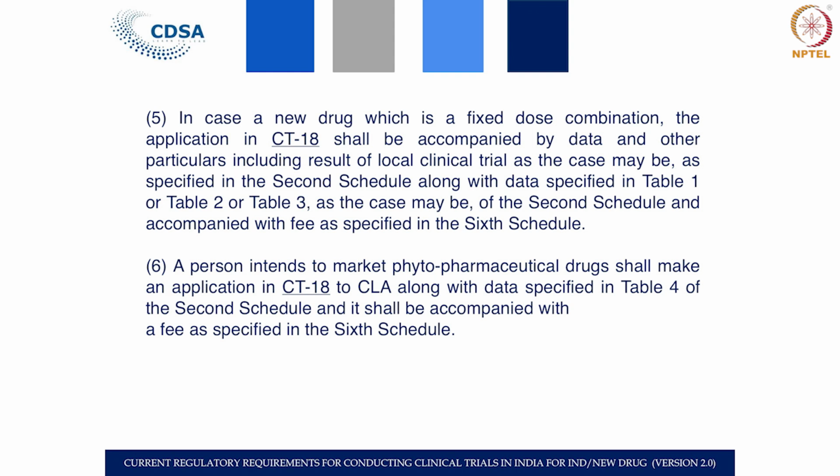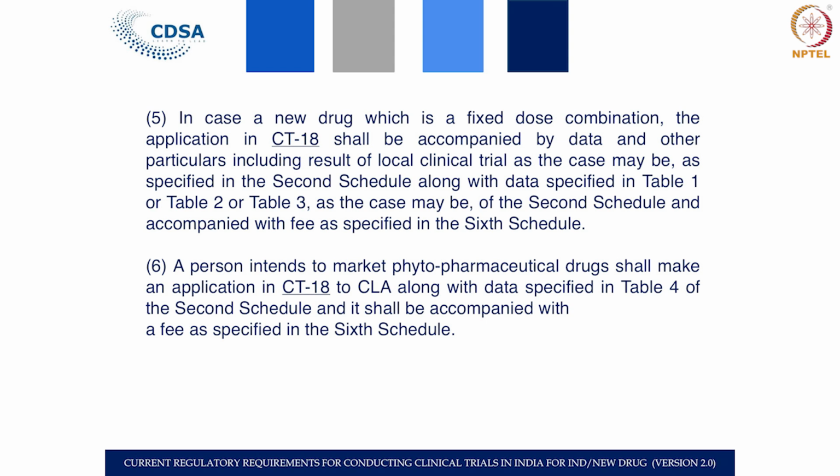Going to the next, we have also the drug which is called the fixed dose combinations. By this time you know, through the other lectures, what fixed dose combinations are. Now, when you are combining two drugs for the first time, it is also a new drug, and then your data requirement will be the same. The application form is always the same and your data will be either table 1 or table 2 or table 3 as per the definitions it attracts.